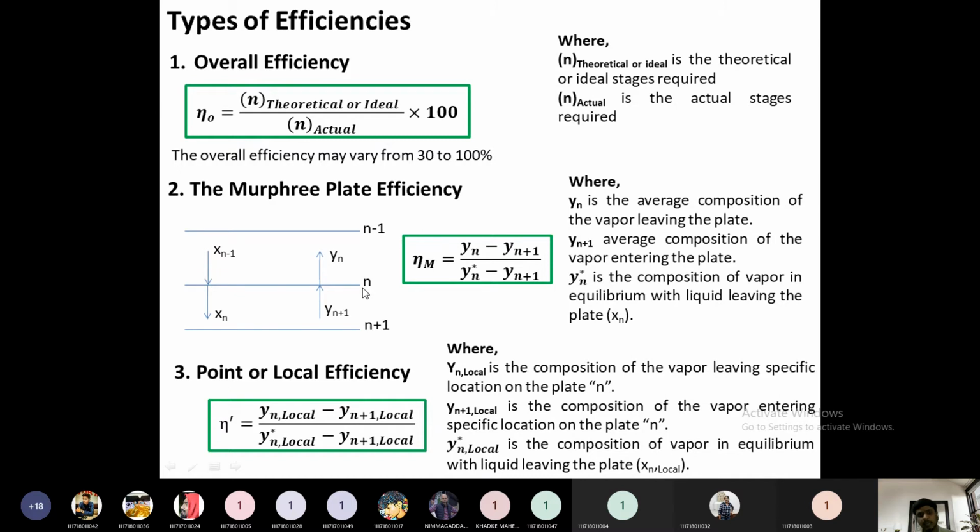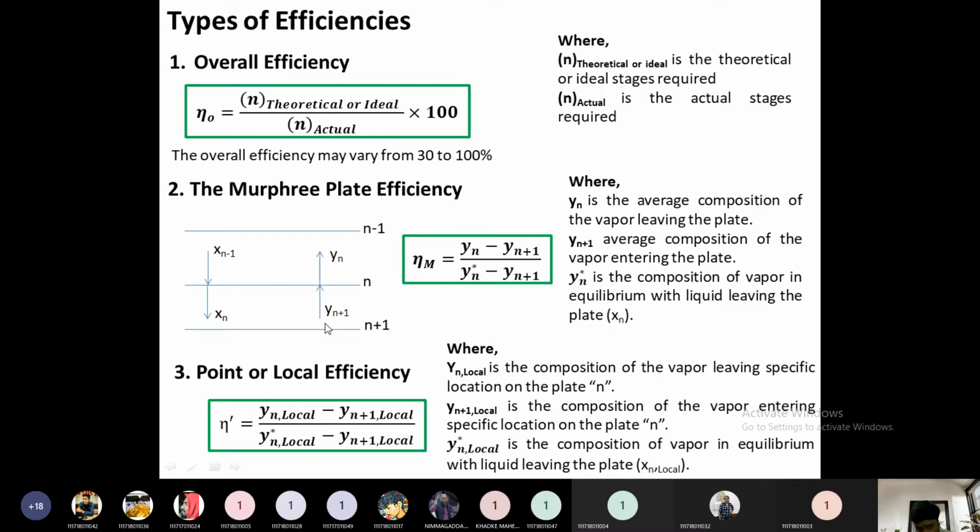Then you have to estimate the actual number of plates from the theoretical plates. They will specify some efficiency to you, and you have to divide by that efficiency. So this efficiency will be sent to the denominator. Then you can calculate the actual number of plates. Or otherwise, when theoretical and actual plates are given, you can calculate the efficiency. Otherwise, they may ask you to calculate some plate number n or plate number n efficiencies.